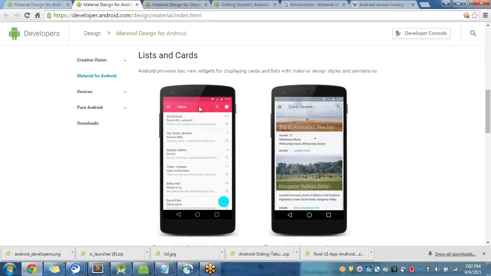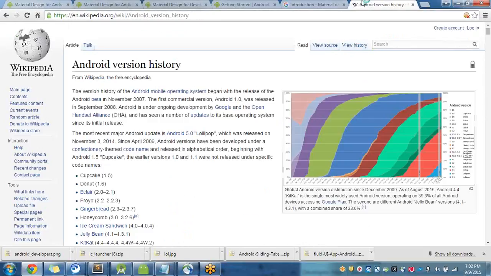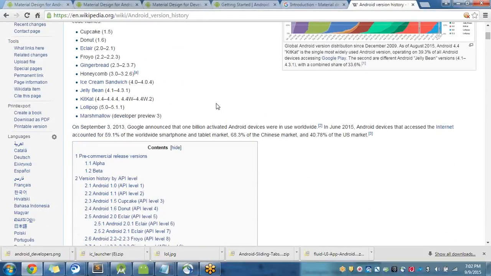If you see in material design, there are a lot of things introduced with Android L and M. So what are the new features added in Android history? We have a lot of Android versions in the history, like KitKat. From KitKat, this journey starts with Lollipop, Android target 21. They introduced material design. Now we have Android Marshmallow, which is called Android M, API target level 23, which is fully built with material design. The apps built on Android M or L are totally different. This look and feel, you will say it's awesome.